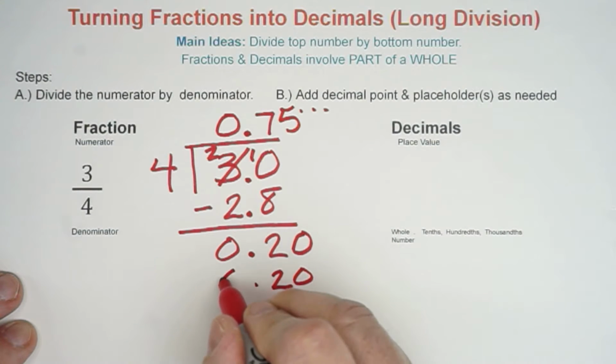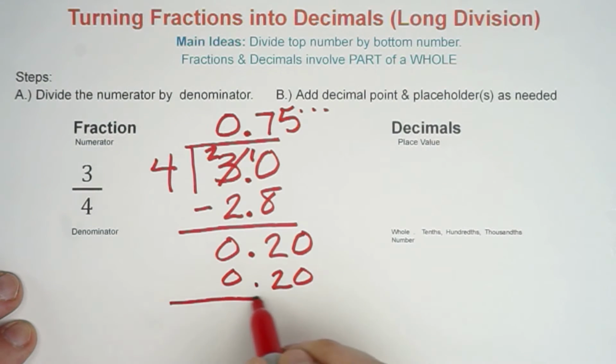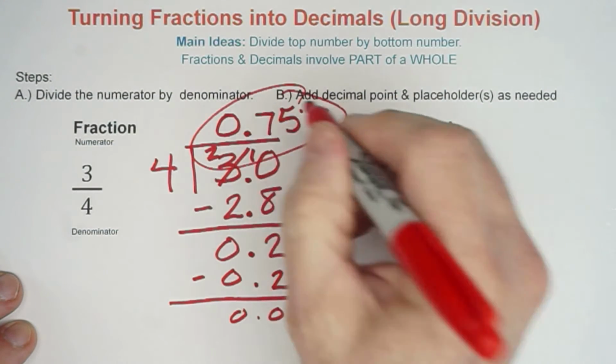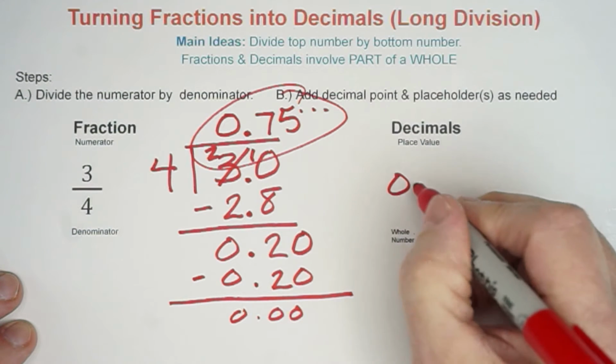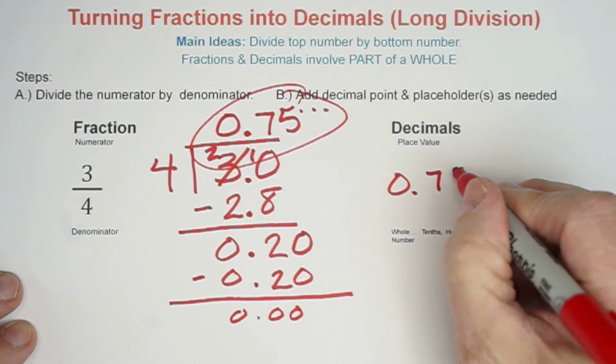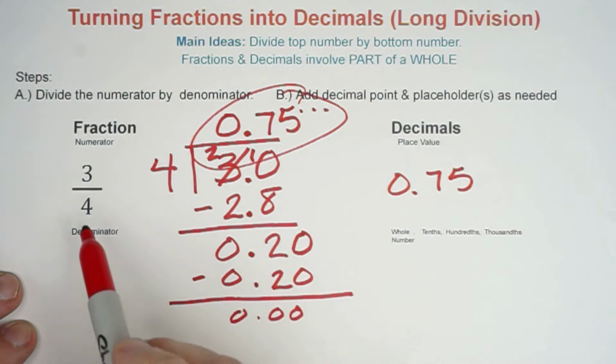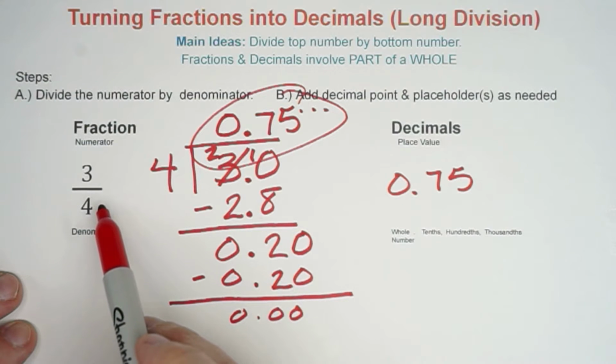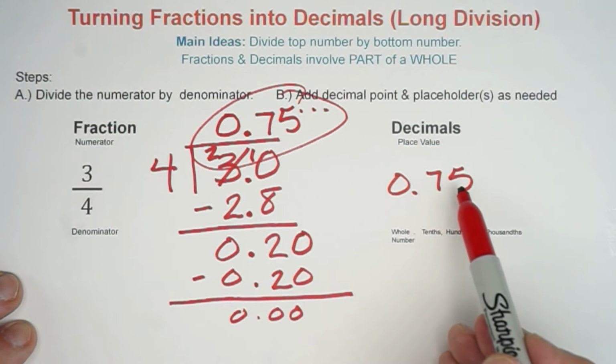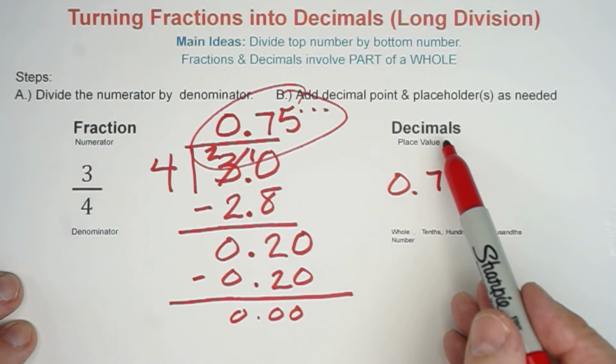Don't forget to add your decimal, right? Because we're dealing with hundredths now. And when you subtract, you can see that we have no remainder. So our answer would be 75 hundredths. So 3/4 is our fraction, can be rewritten to an equivalent fraction, or in other words, decimal, of